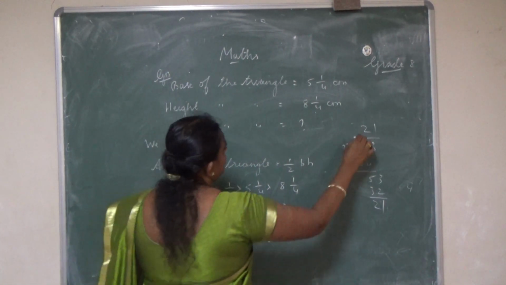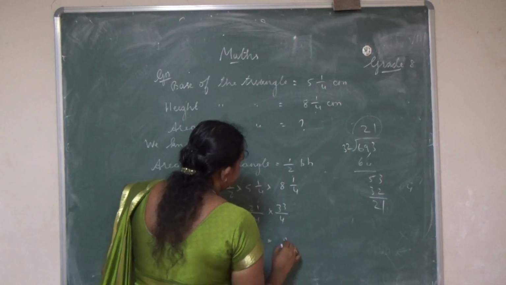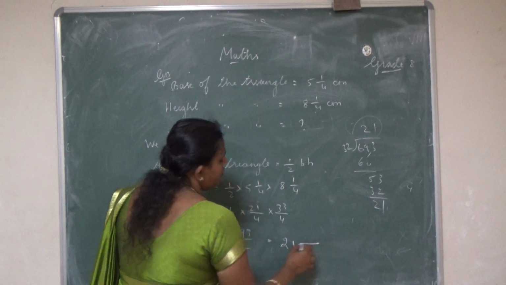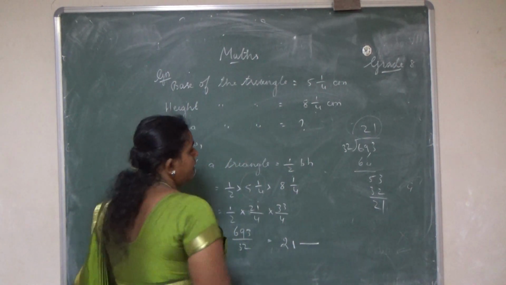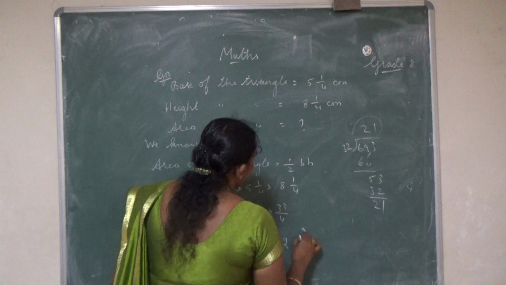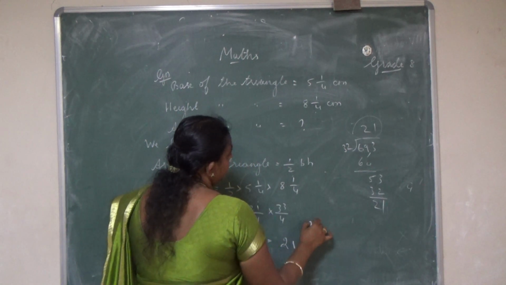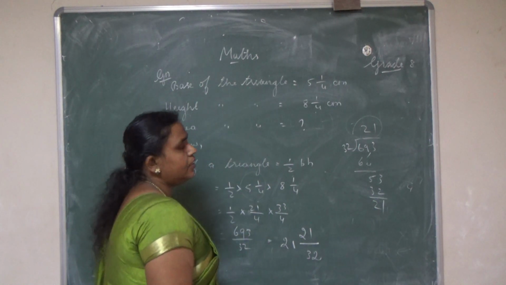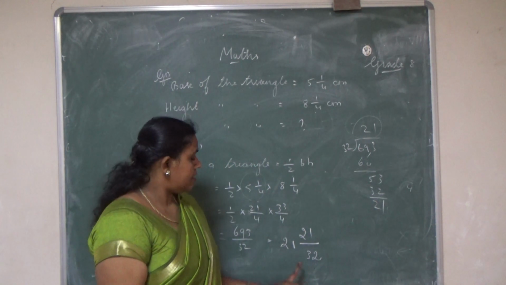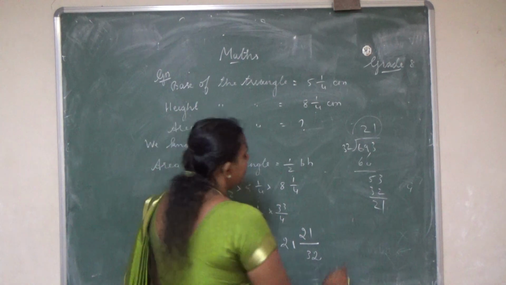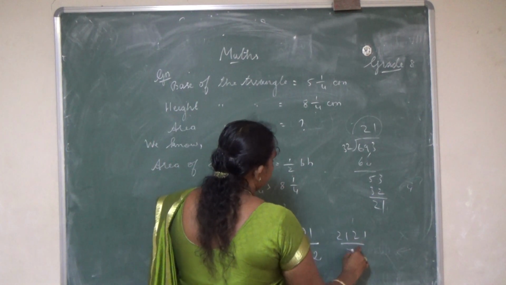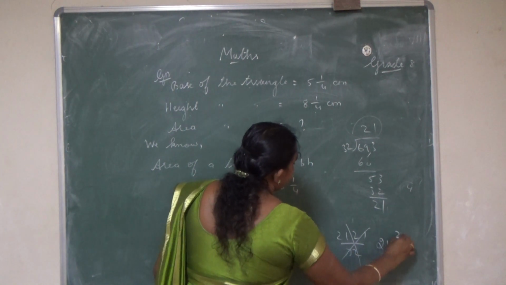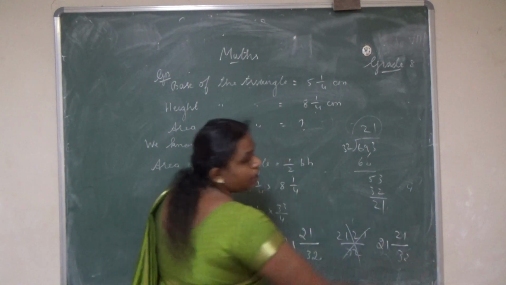It is equal to, you have to write the quotient on the side. Many of you don't know how to write the mixed fraction. Then you have to draw a line like this. Then you have to write the remainder on top, then you have to write the divisor as the denominator. Okay. This is the way you have to write. What you all are doing, 21 by 32, this is wrong. What you have to write is 21 by 32 like this.